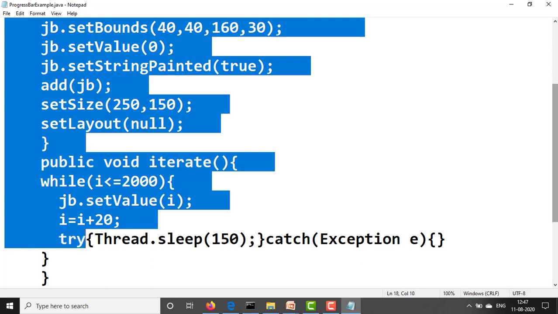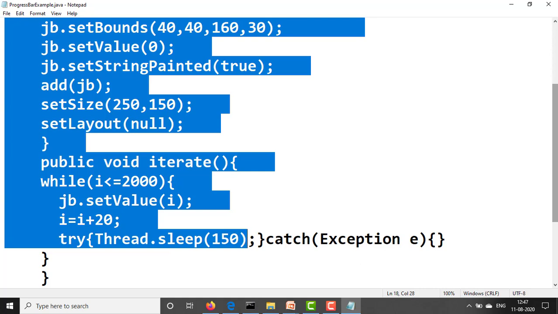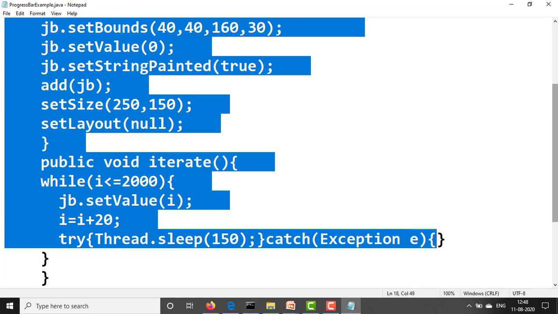Next we have taken a try block with Thread.sleep(150) milliseconds. Then close this try, and catch (Exception e) with an empty catch block we have implemented here.